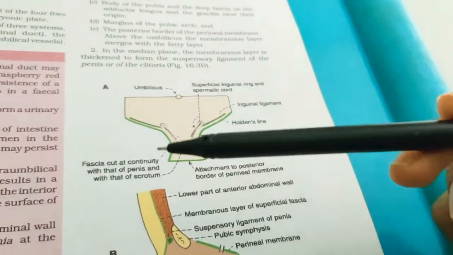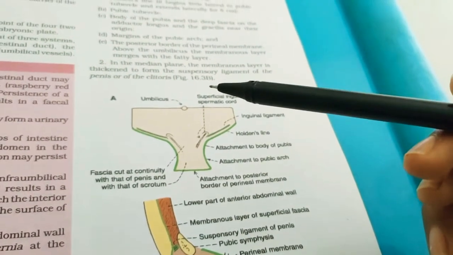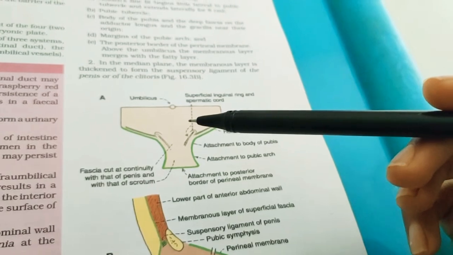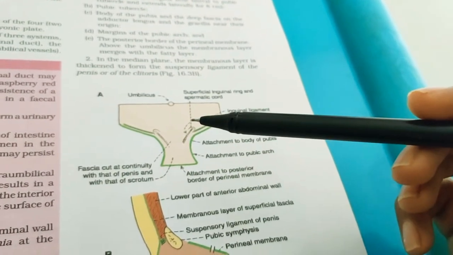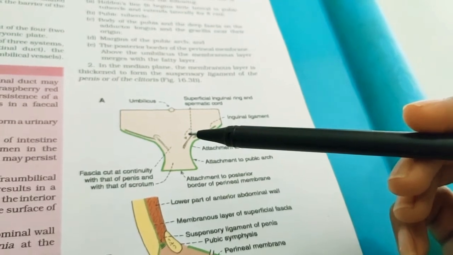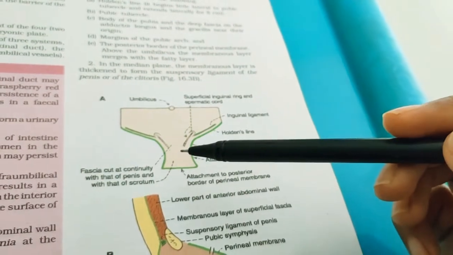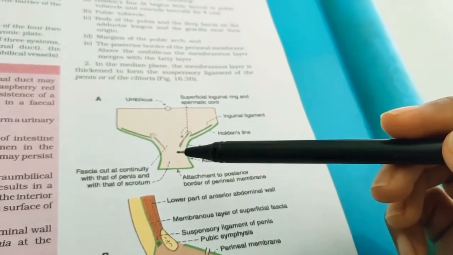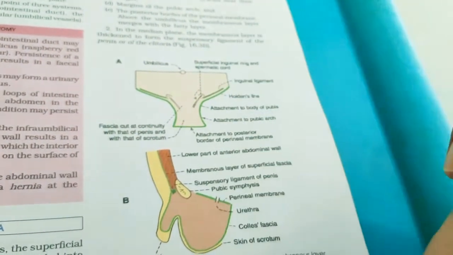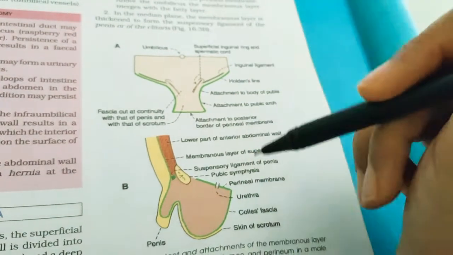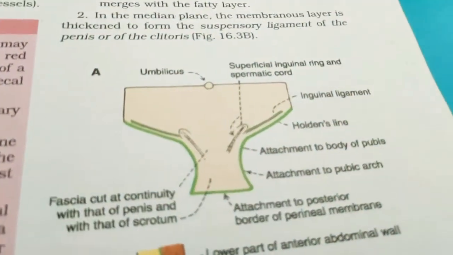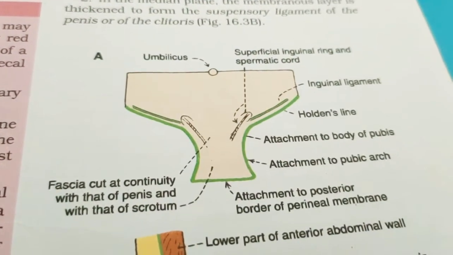The skin of the anterior abdominal wall is capable of undergoing a lot of stretching, as is seen in pregnancy, and whenever there is accumulation of fat, which is called obesity, or fluid, which is called ascites. And whenever there is growth of large intra-abdominal tumors, in such cases you can observe the skin elasticity, especially in our anterior abdominal wall. So you can see here, this is an image showing the skin of the anterior abdominal wall.